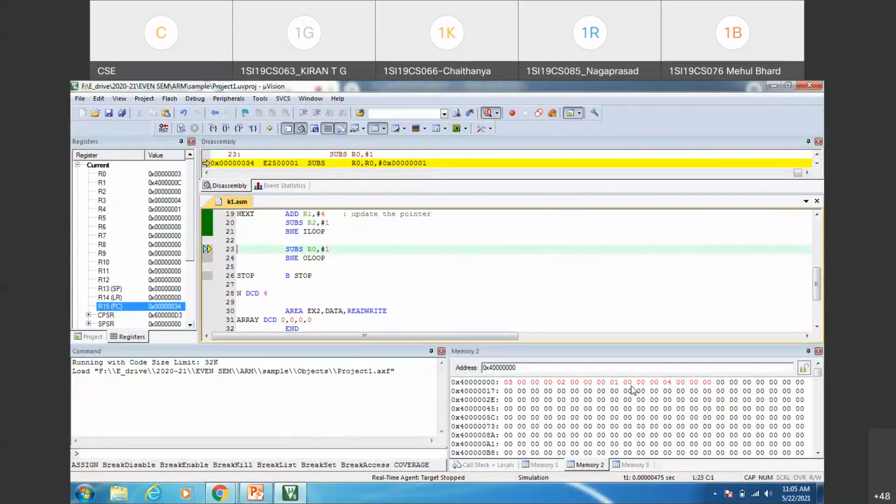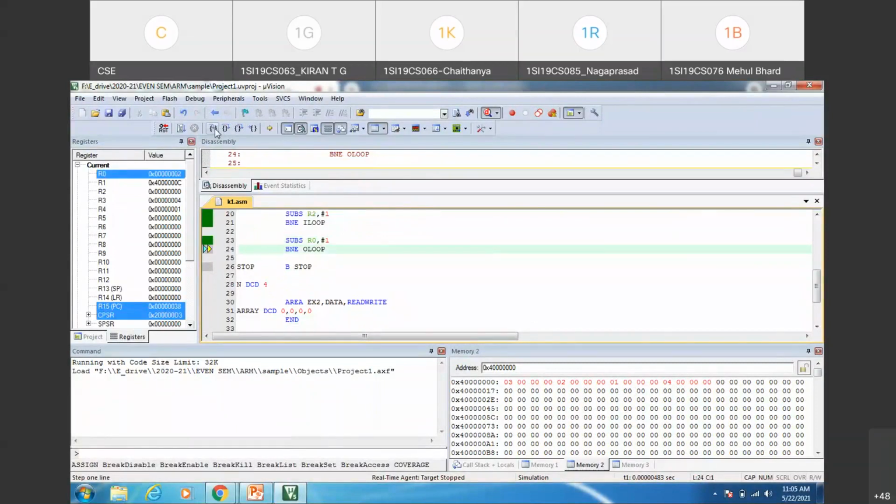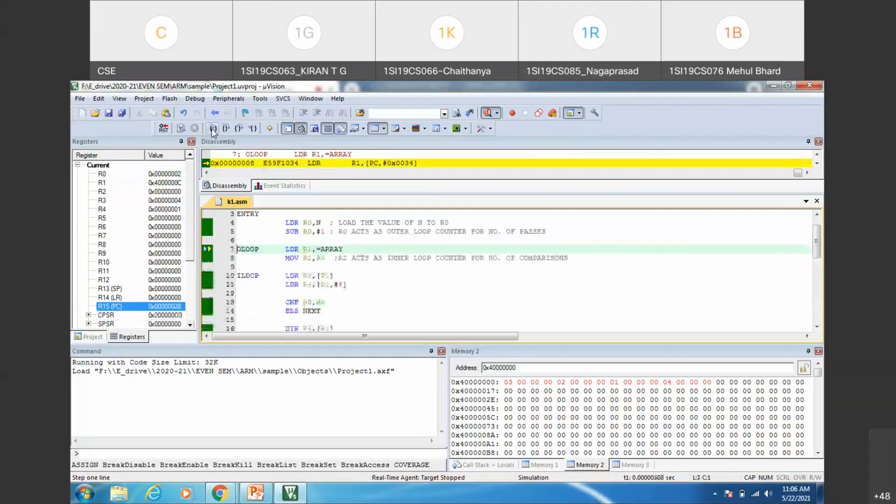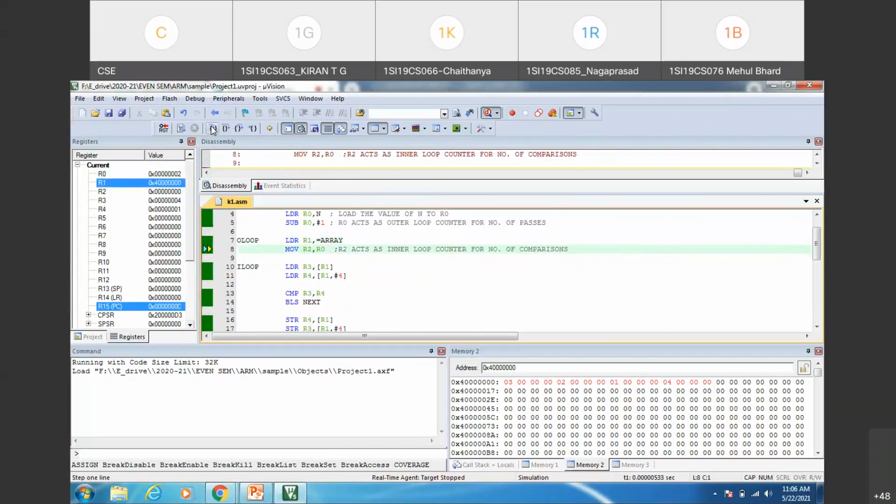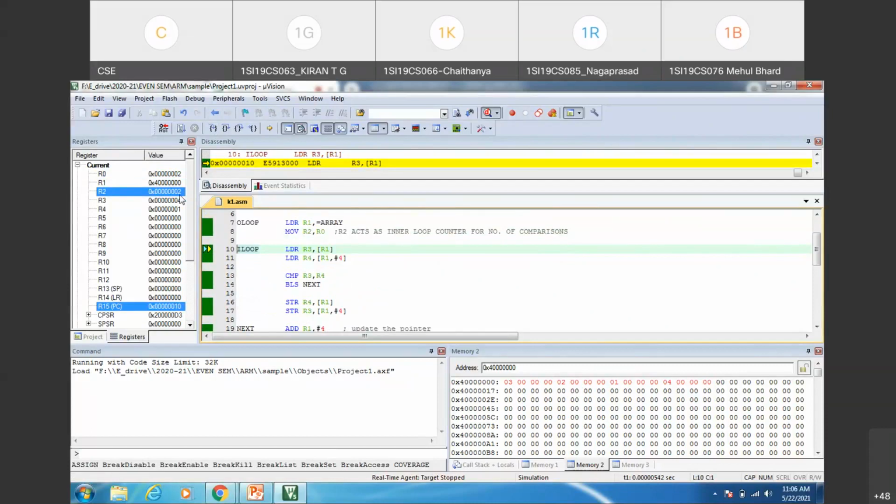Each of the largest elements will be reaching its place. So now only 2 comparisons are required in the next pass. And you can see how we'll do it. We'll decrement the outer loop counter. Now the outer loop counter will be 2. The R0 register content you can check here in the register window. Branch not equal, outer loop. Control will go to the beginning of the outer loop. Again, I have to start comparison with the first and second element in the array. So the R1 pointer is reinitialized to the base address of the array. Then R2 has the number of comparisons. It is 2. Only 2 comparisons in the second pass.